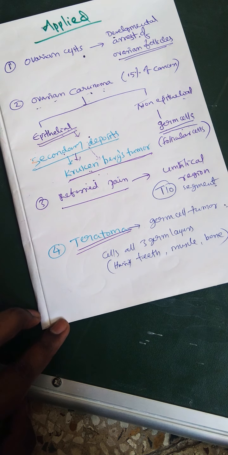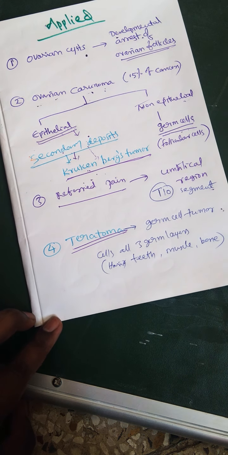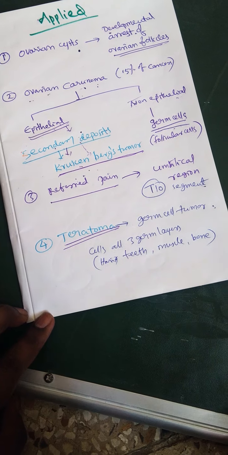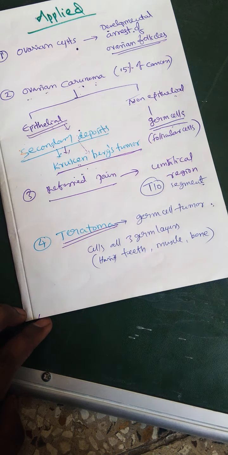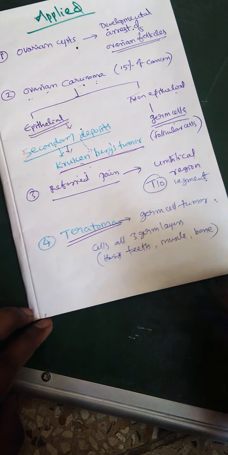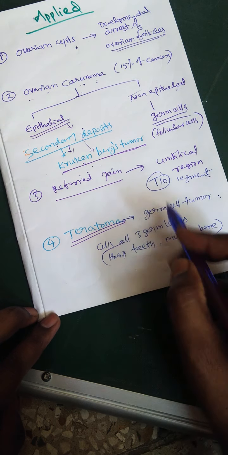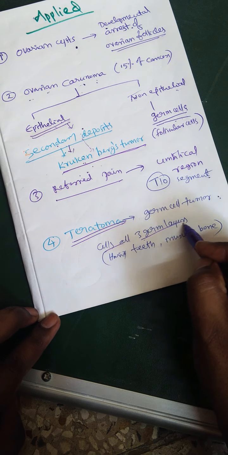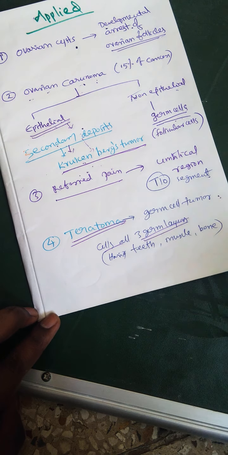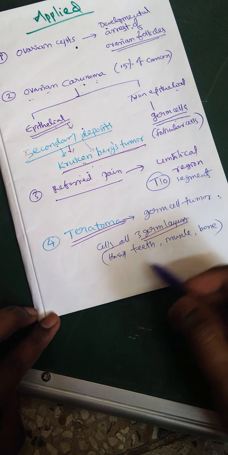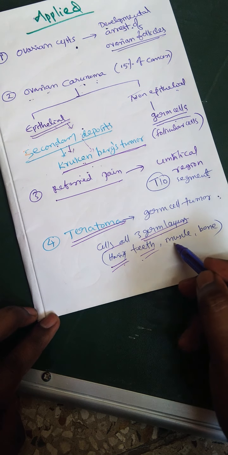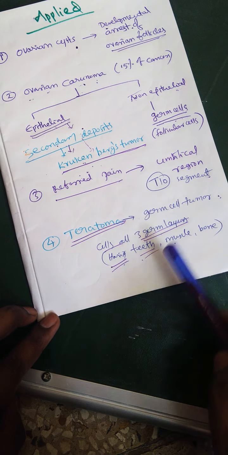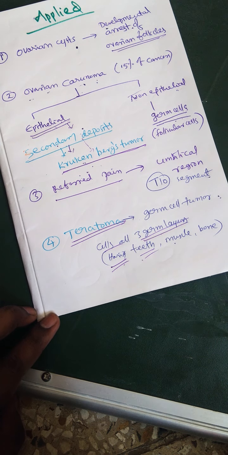Teratoma of the ovary often occurs due to a germ cell tumor, uncontrolled growth of the germ cells of the ovary. In a teratoma, you can have all three: ectodermal cells, endodermal cells and mesodermal cells. They lodge and form hair, teeth, muscle cells or bone cells. Often these appear in a teratoma of the ovary. That's it. Thank you.